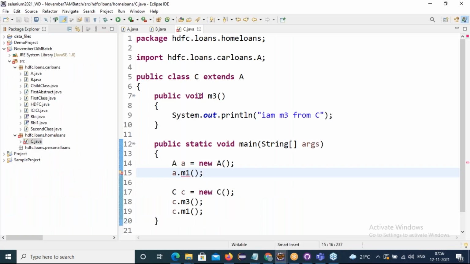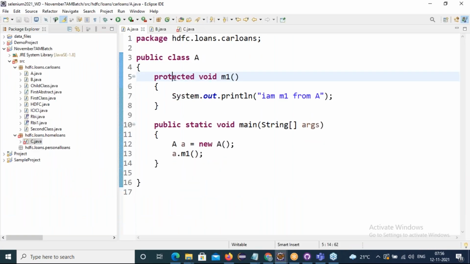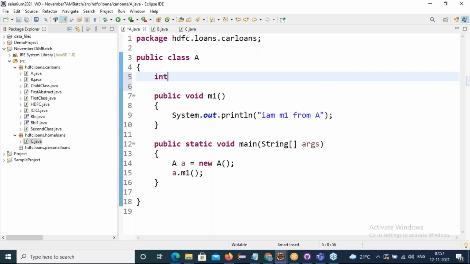Now you have to tell me the answers. See friends, in class A, I am defining one variable, int x equal to 100. Tell me, what is the access modifier for this x variable? Default. Can it be accessed within a class?